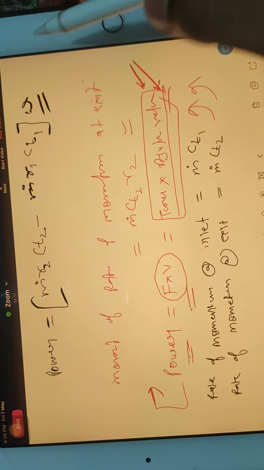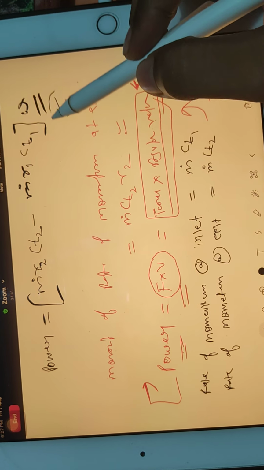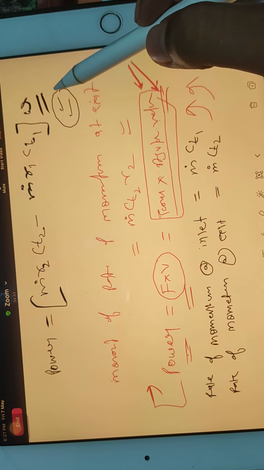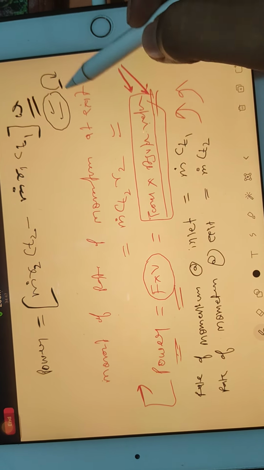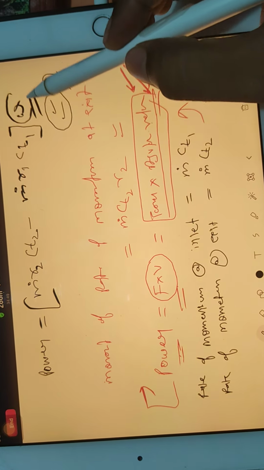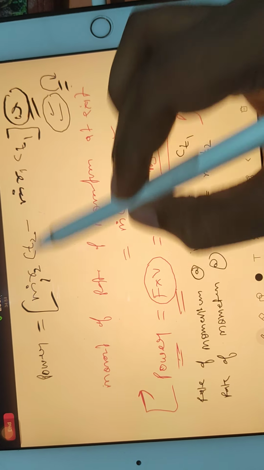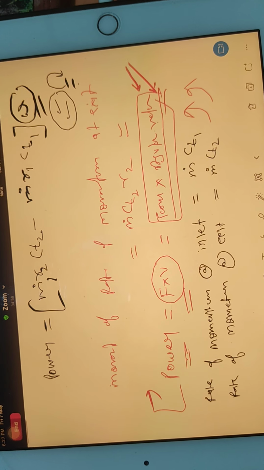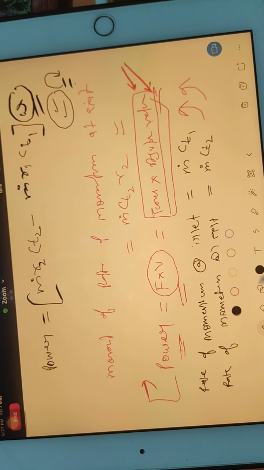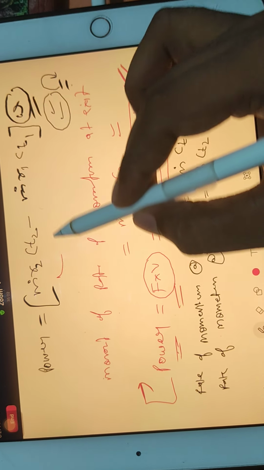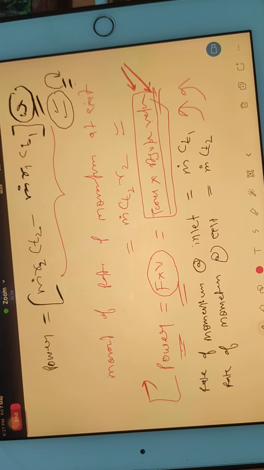Now I am using only one angular velocity. Why? Because inlet and exit, they both are mounted on the same shaft. So shaft will rotate with only one angular velocity, either inlet or exit, right? So that's why I have multiplied only omega. It's not like omega 1, omega 2. You can also see that I am not writing m1, m2 because mass flow rate is also constant, right? Okay. Now whatever you have achieved, this will give you a very basic idea.